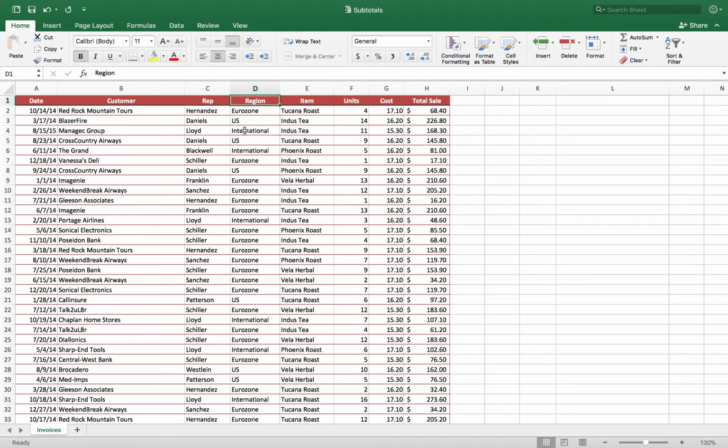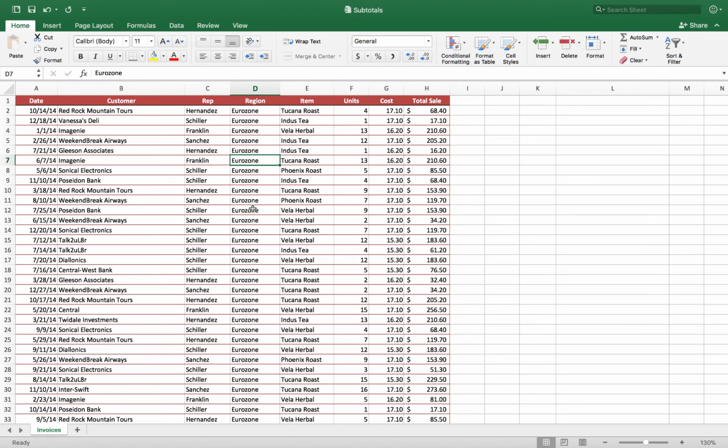So I want to do a subtotal by region. So I'm going to click in anywhere in the region column. It doesn't matter where, and because my header row is formatted differently, Excel won't sort that as part of the data. And then once I'm in the region column on the Home tab, I'm going to go over to Sort and Filter, and I'm just going to sort by region A to Z. Okay.